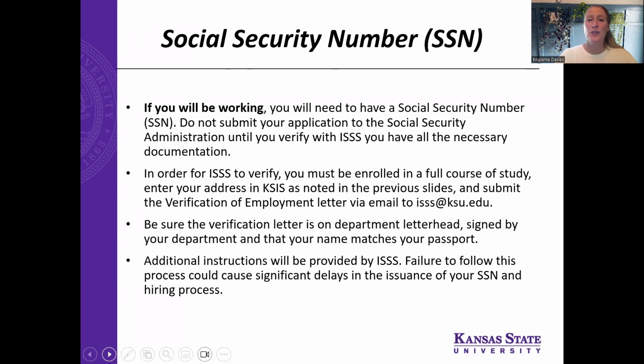You may need a social security number if you're going to work. If you'll be working, you will need to have a social security number. Do not submit your application to the Social Security Administration until you verify with ISSS you have all the necessary documentation. In order for ISSS to verify, you must be enrolled in a full course of study, enter your address in CAIS as noted in the previous slides, and submit the verification of an employment letter via email to